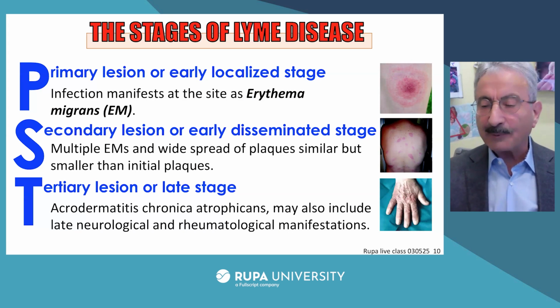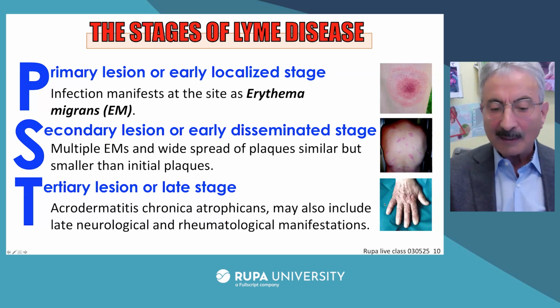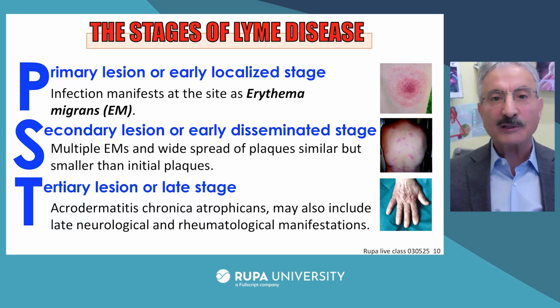Stages of Lyme disease. As you can see in the picture, there are 3 different stages after the tick bite. Primary lesion or early localized stage: in about 70% of the cases you observe erythema migrans. Secondary lesion or early disseminated stage: you see multiple abnormalities on the skin in the form of plaques. These stages 1 and 2 may occur in the first days and months, and the tertiary lesion or late stage may occur months or years later. It mainly manifests itself on the skin, but may also include late neurological and rheumatological manifestations that we call